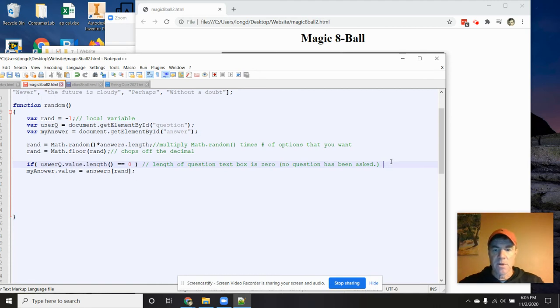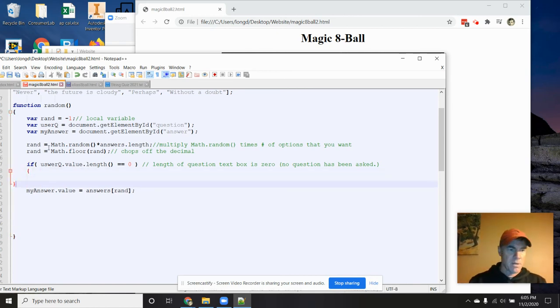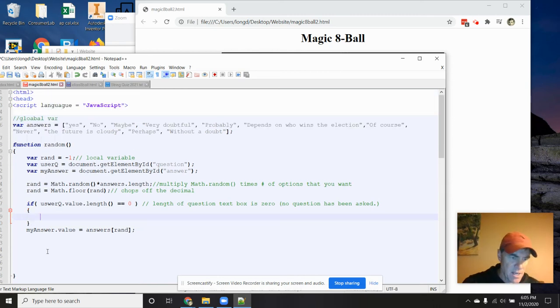That's a problem. All right. I'm going to do this. I'm going to do the curly braces, and in between that, I'm going to take this,